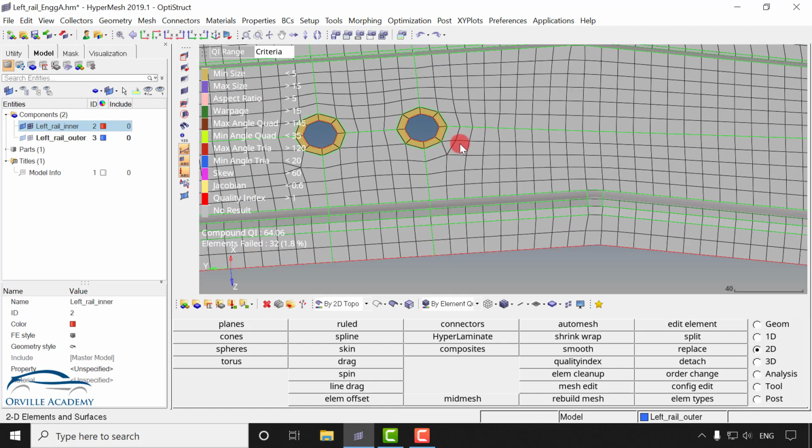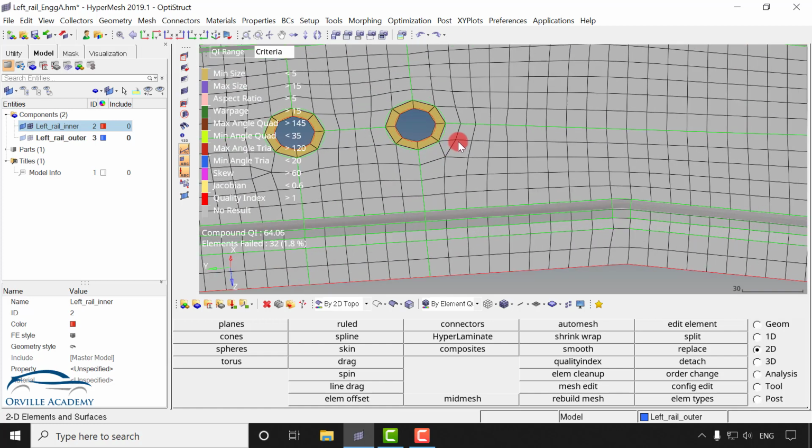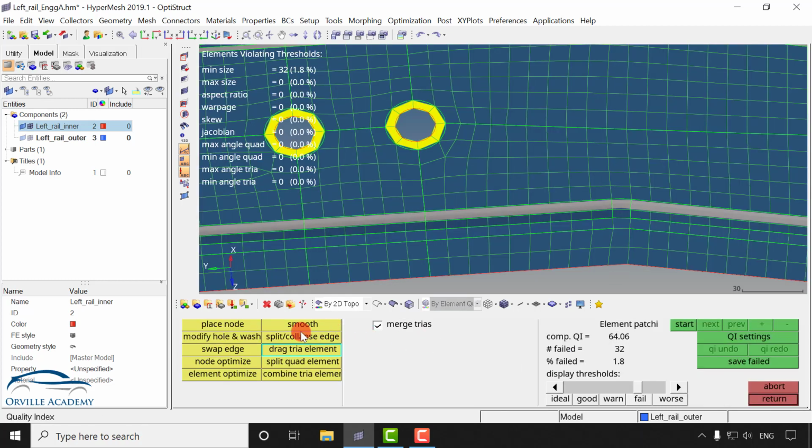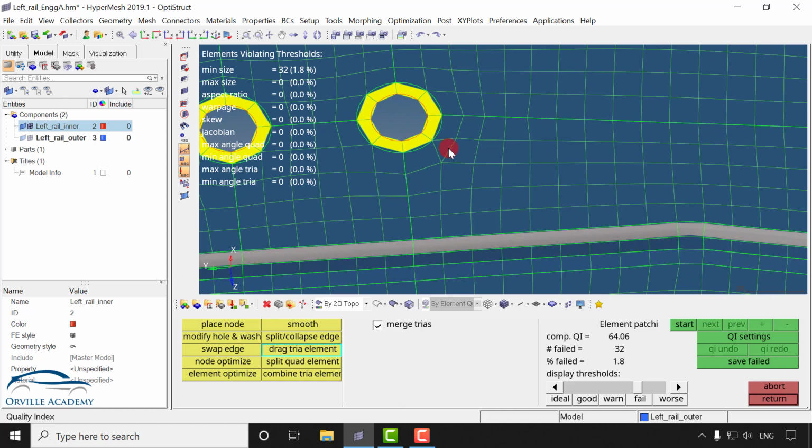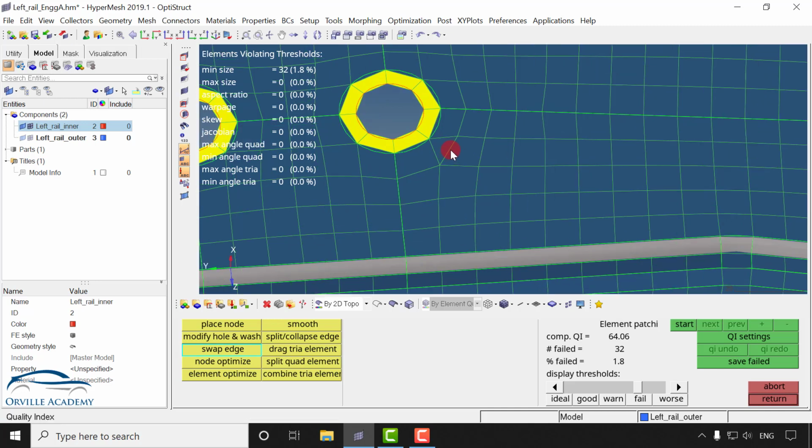We can do the split edge for this triangle. For example, we can go for quality index, say swap edge, select this edge, select this edge,